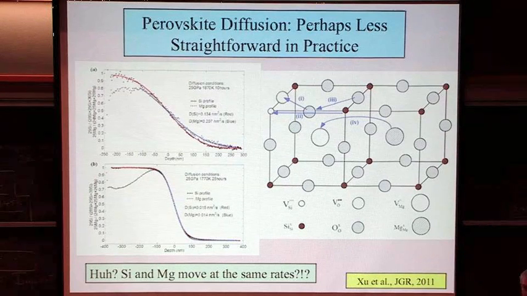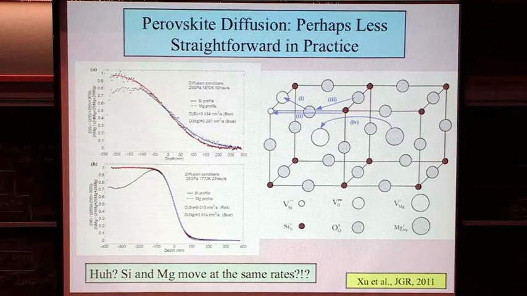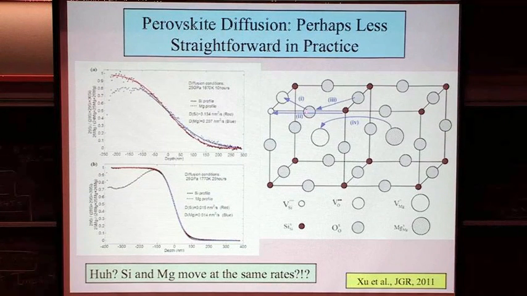Well, this is where diffusion gets very messy, very complicated, very quickly. So what's shown here is the type of picture that you need to develop for a scenario that might result in silicon and magnesium moving at the same rate in perovskite, which is vacancies, defects, and atoms. And in sequence, you have an oxygen atom diffusing into a vacancy, leaving behind a vacancy over here. That's step 1 right here. Oxygen jumps over here. Doesn't look like a long jump. That looks like an easy diffusive process. Then your silicon has no oxygen in between it, and this vacant spot jumps across here.